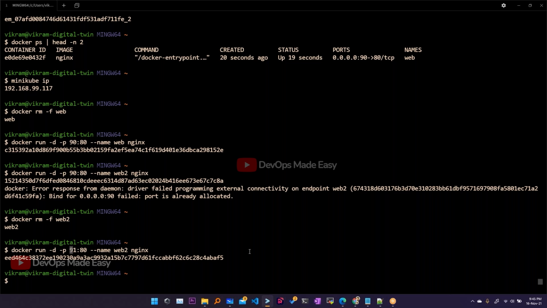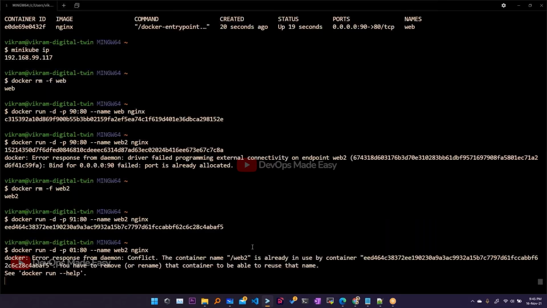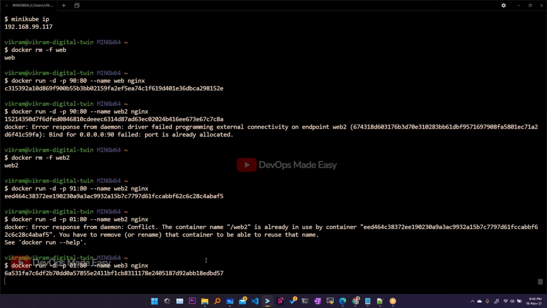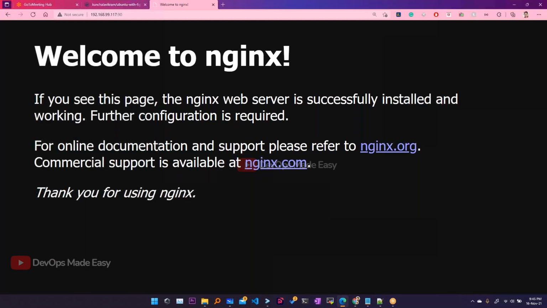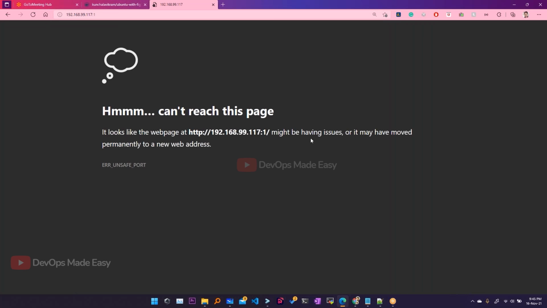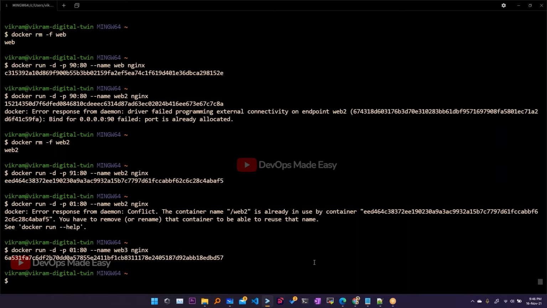So we have to start from, I think, 80. We can just see. I'm not sure, I've not tried it before, but if you use 01, I'm not sure. See, container 2 is already running. Let us now see web3. Let's see if 01 is actually working or not by going to the browser and then just seeing 01. See, some ports are not supported. You have to, I think, start from 80, so that is the starting port number.